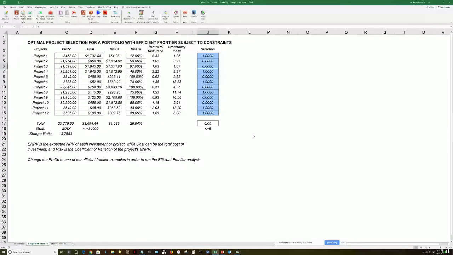And the best combinations I should choose would be Project 1. You see a 1 here. Project 4, Project 6, Project 8, Project 11, and Project 12. So that would be my best 6 that I would select, given my budget constraint, time constraint, schedule constraint, employee constraints, and any other restrictions that you want to impose into the model itself. Okay, so that's portfolio.